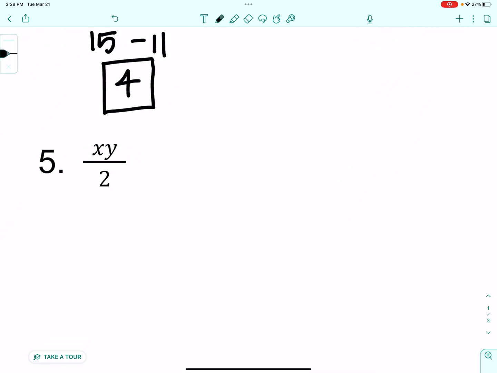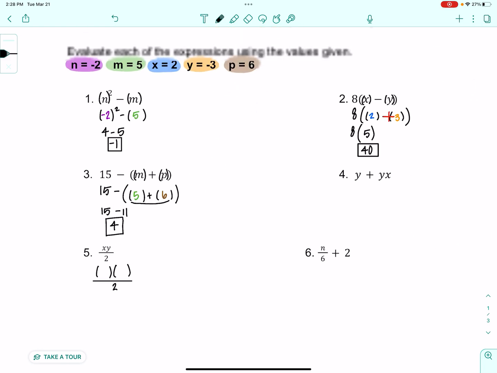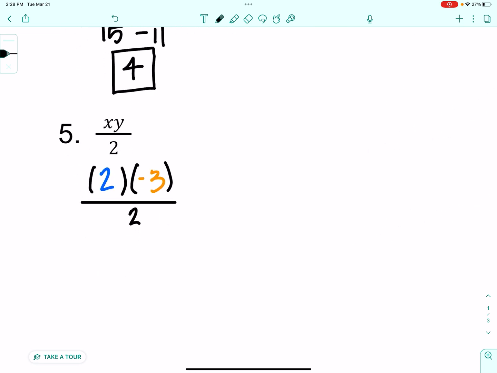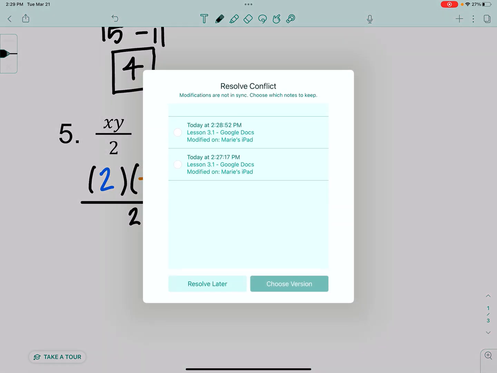Five is division. I'm still going to create holes for my X's and Y's. X is blue. So I will give X a blue number 2. Y is negative 3. So I will give Y an orange negative 3. Now, when you go and plug this in a calculator, please, please, please make sure